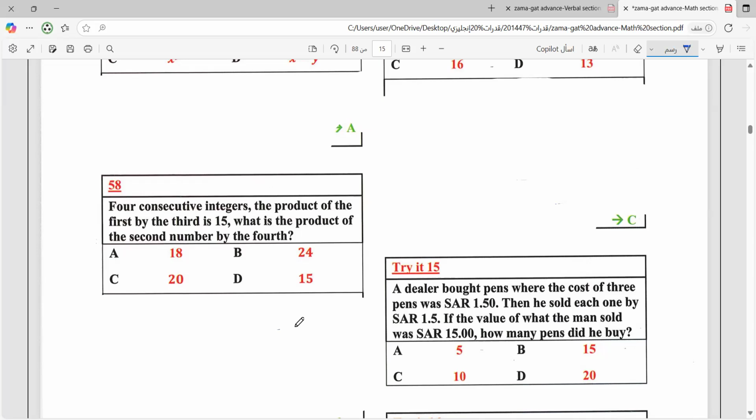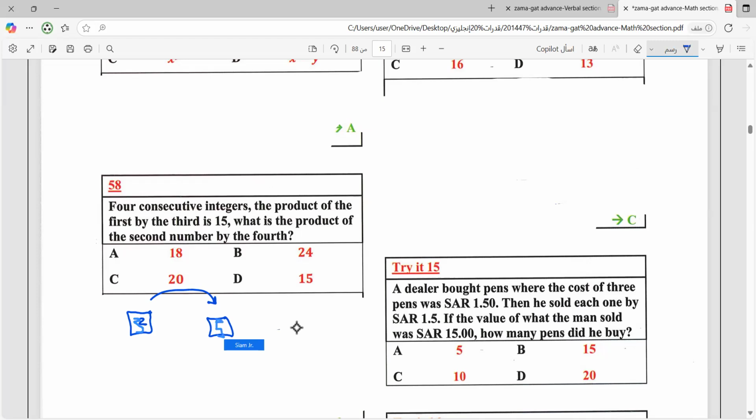Consecutive integers, numbers one after another, like 2, 3, 4, 5. The product of the first and the third equals 15. Can I draw them? Yes. Okay, so if the first number is 3 and the third number is 5,